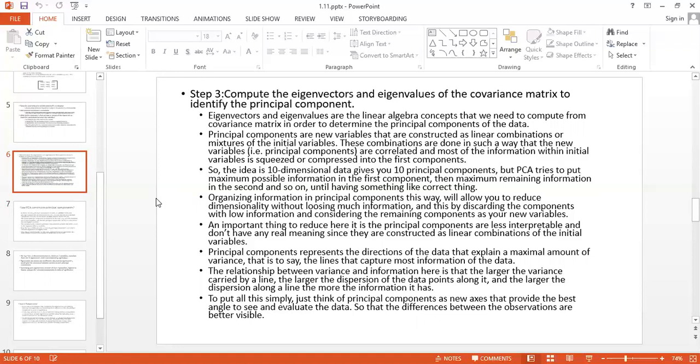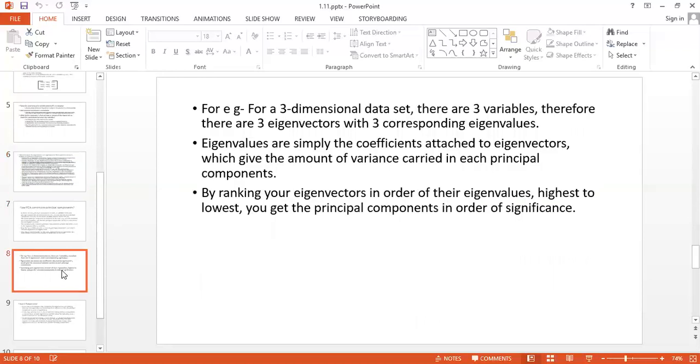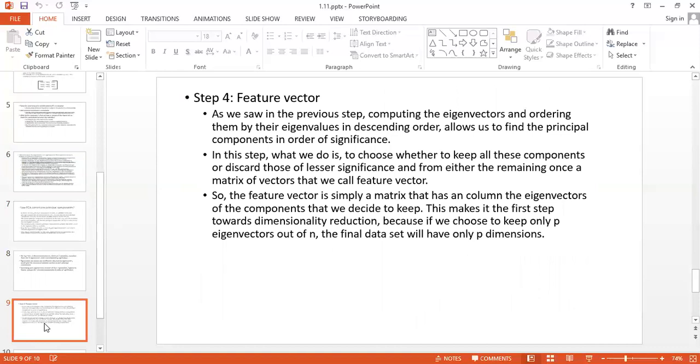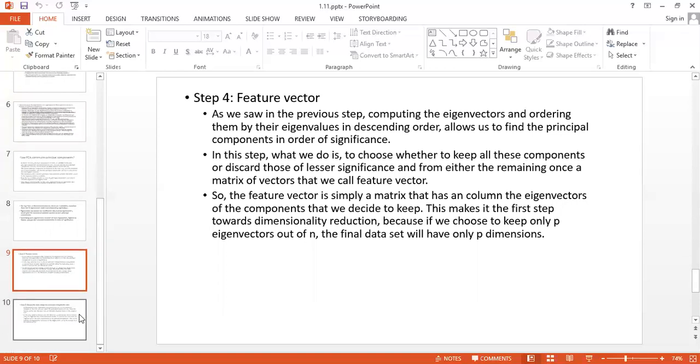By using those values, we generate the feature vector, so that we can easily calculate the best or most suitable principal component for that example. For that, we first have to generate the feature vector before deciding which principal component will work better for that example. And the final step is